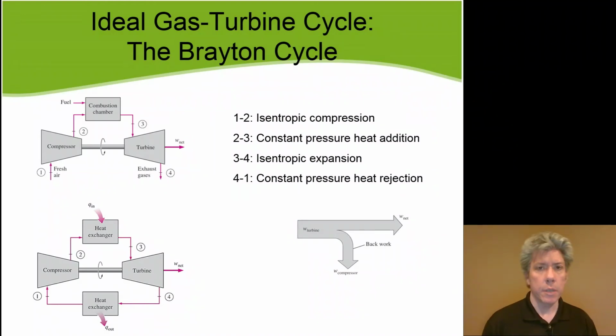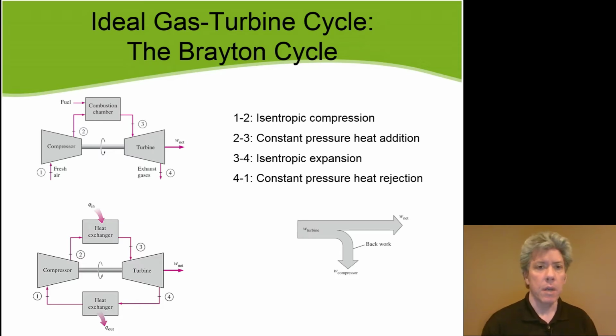Next, let's turn our attention to the ideal gas turbine cycle, also known as the Brayton cycle. Now, instead of using pistons and cylinders like we have so far for the Otto cycle and the diesel cycle, our compression and expansion devices will be steady flow devices. So we'll have a compressor and we'll have a turbine, a compressor for compression and a turbine for expansion of